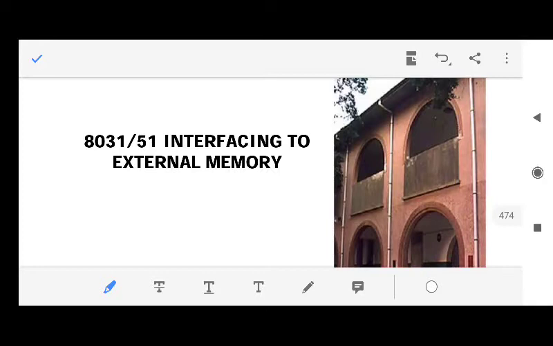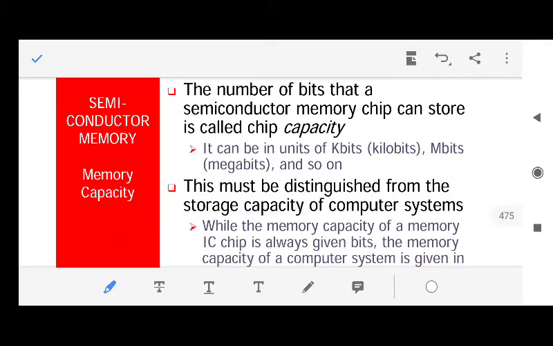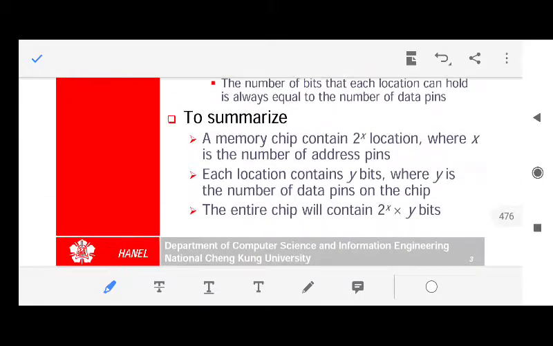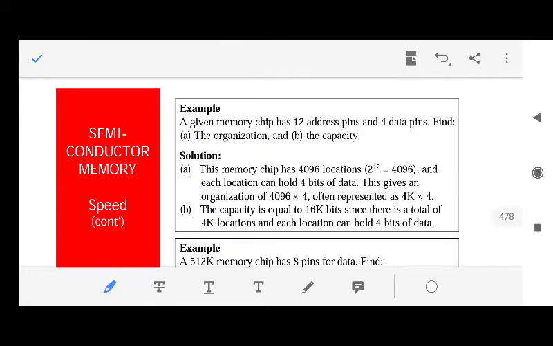We were covering memory interfacing with 8051 in our fourth unit, and in our last lecture we covered a lot. We have read about the connection with RAM and ROM, how to connect the external memory. We have understood how to define the memory, and this was an important part: how to define the organization of the memory, and the number of address lines required to connect the memory.